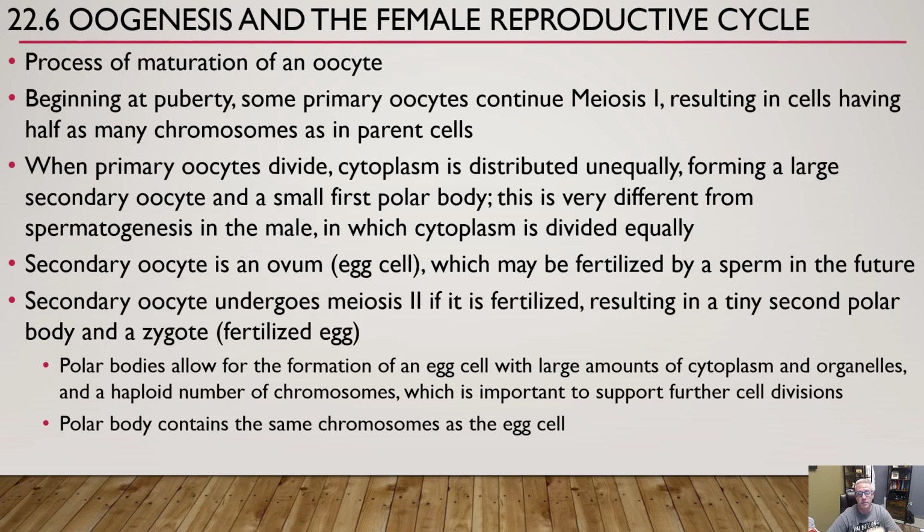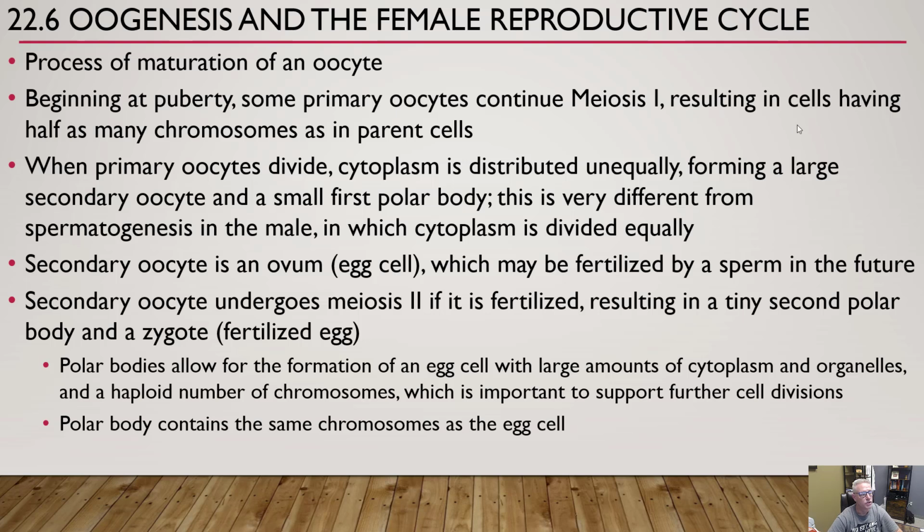A cell doesn't split 50-50. That cell will split about 90% on one side and 10% on the other side. So the cytoplasm in the cell, 90% of that cytoplasm will go on one side and 10% will go